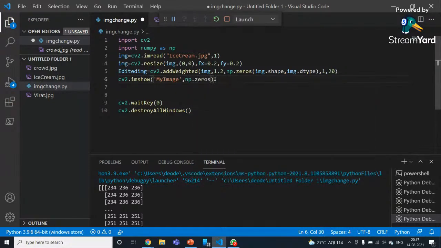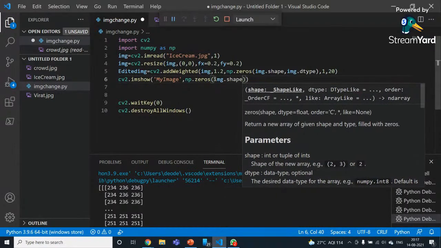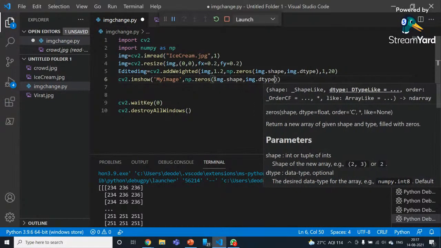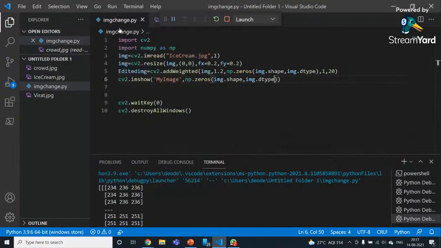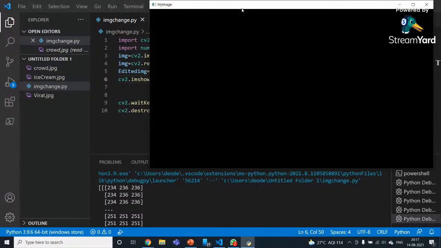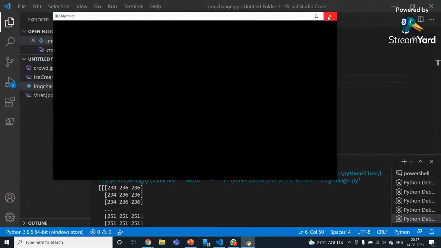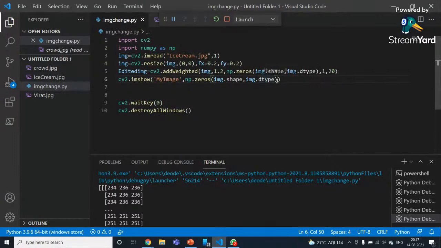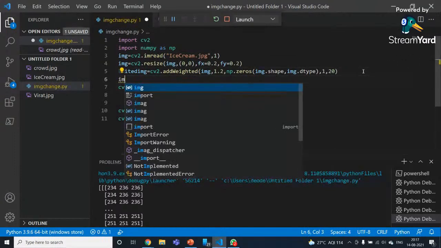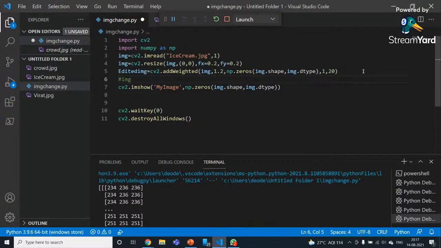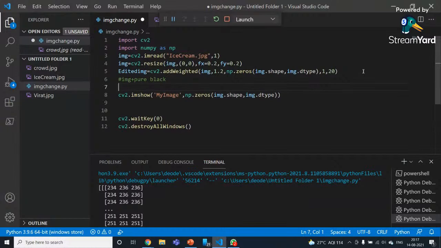Dot zeros img dot shape, comma, img dot dtype. Yeah, see, it's creating a pure black image. Now what this function is doing is it's adding img plus the zeros, the pure black, in a certain way. So what it's doing is img into alpha plus pure black